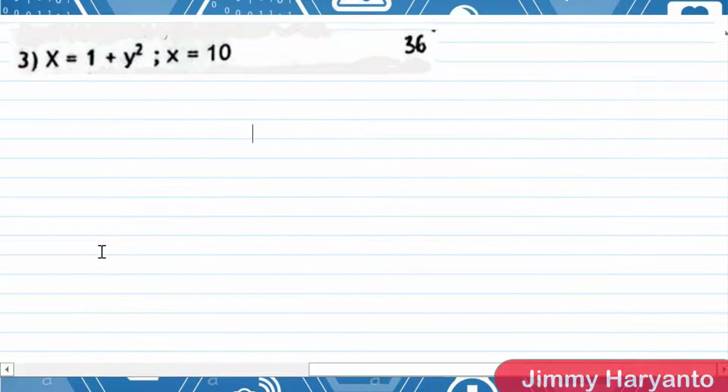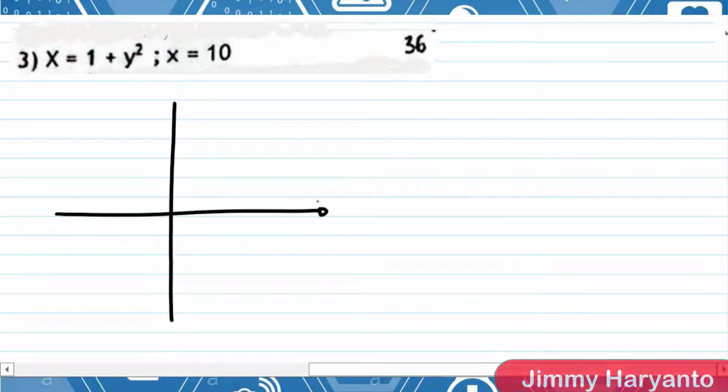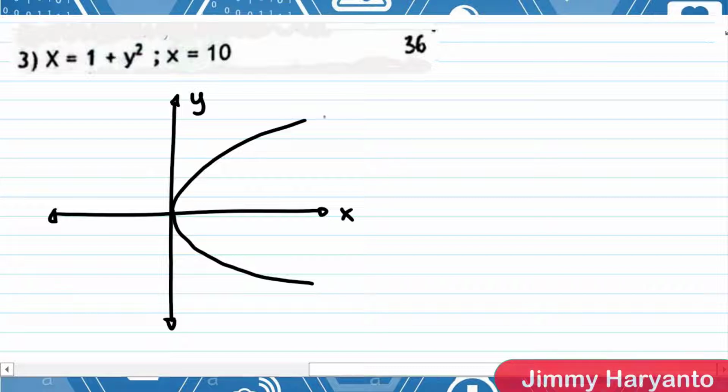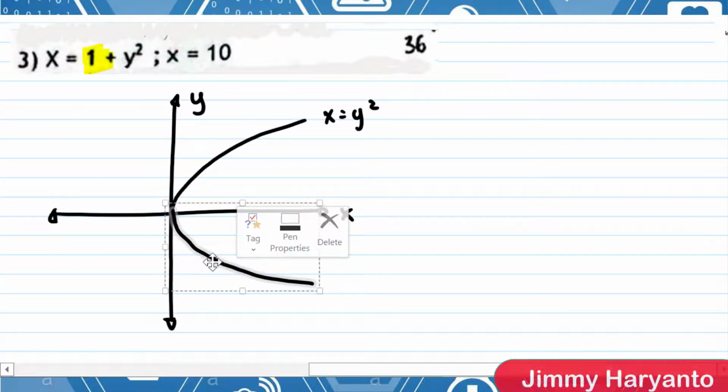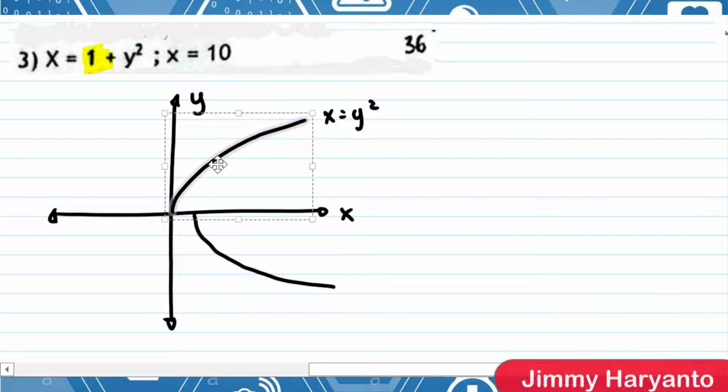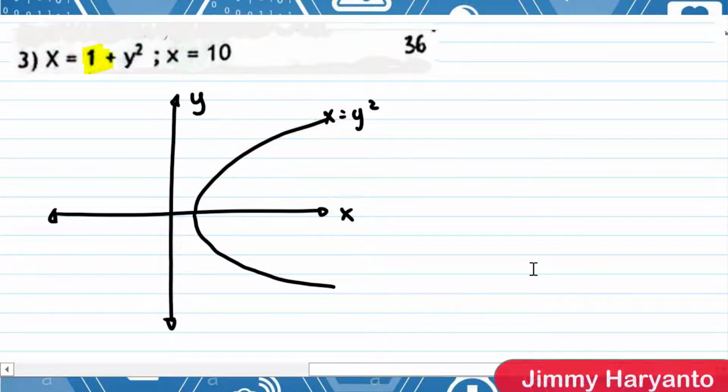And also, if you want to draw y squared, it's the same thing, but the shape will be like this. This one is x equals y squared. But as you can see in the question, there is plus 1. Plus 1 means you have to shift this curve 1 unit to the right. Yes, to the right, not to the top, because we are working with respect to y. X equals y squared, so we have to move it to the right side.